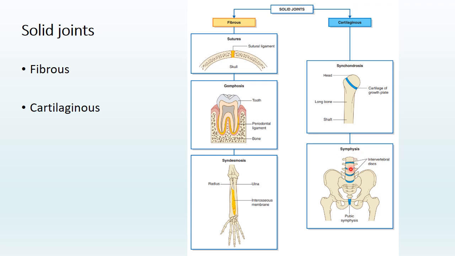These are the synchondroses. The other type is the secondary cartilaginous joints called symphysis. Examples are the joints between the bodies of the vertebrae, called intervertebral discs, and the pubic symphysis between the pubic bones of the pelvis, between the bones of the عظام